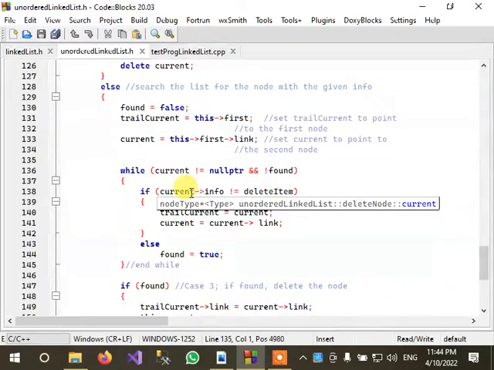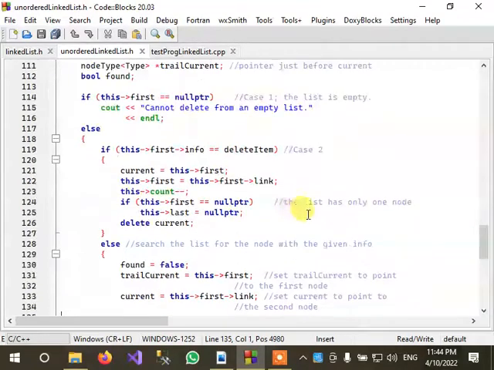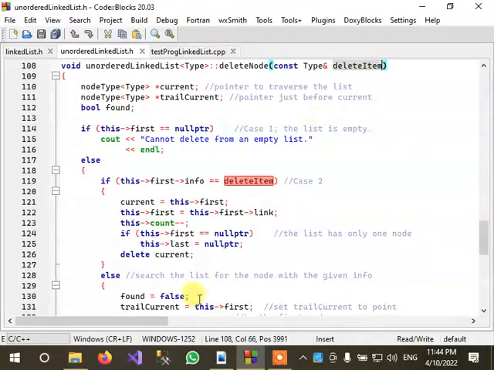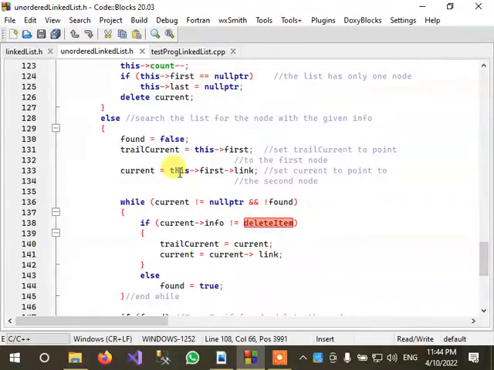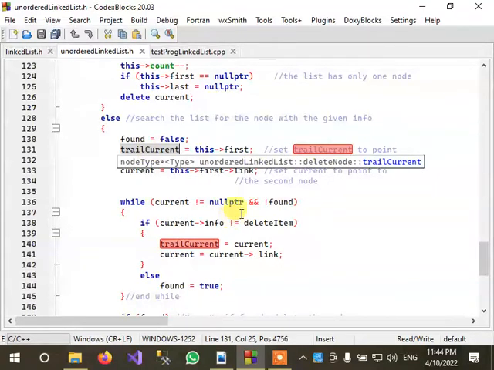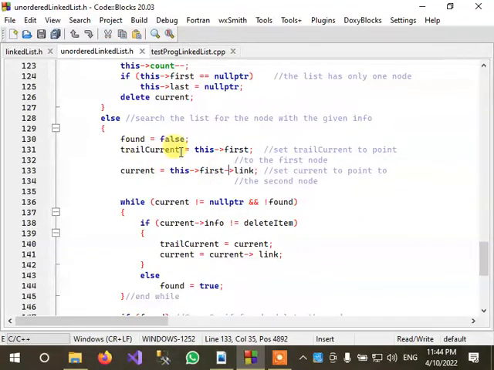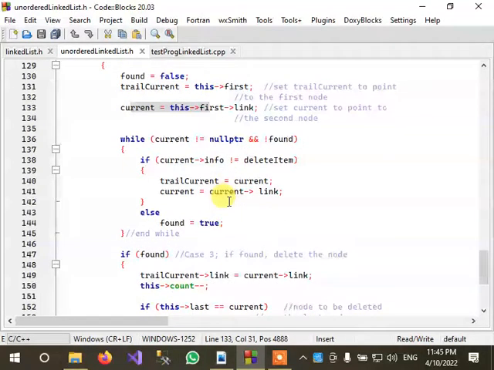So first of all, we will move trail current to the first node and current to the second node, right? First dot link represents the second node. Now the situation is trail current is pointing to the first node and current is pointing to the second node. So now we will run the loop,